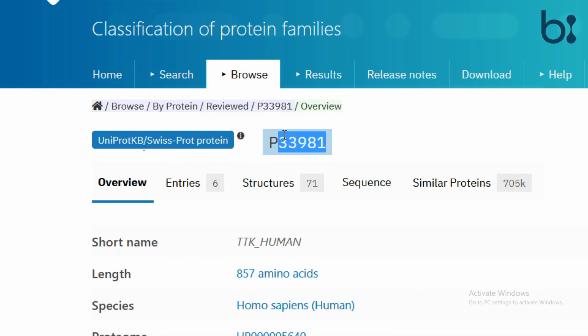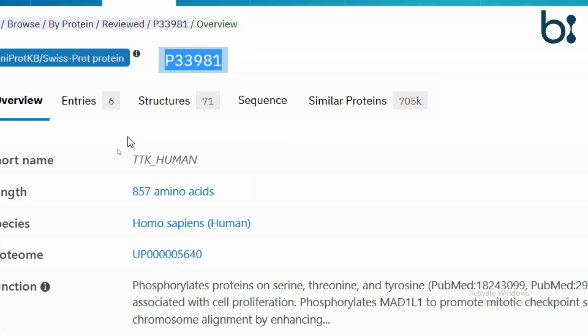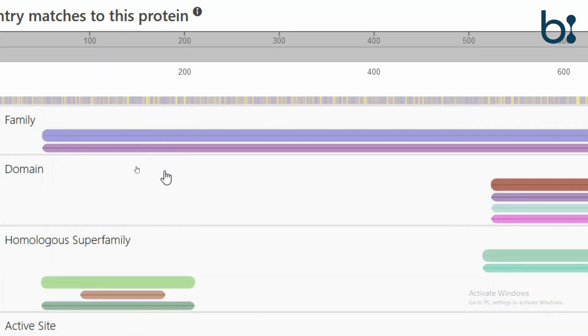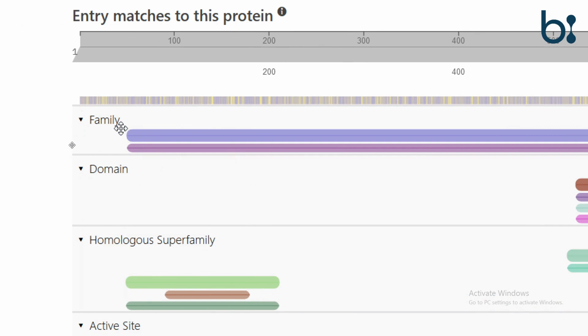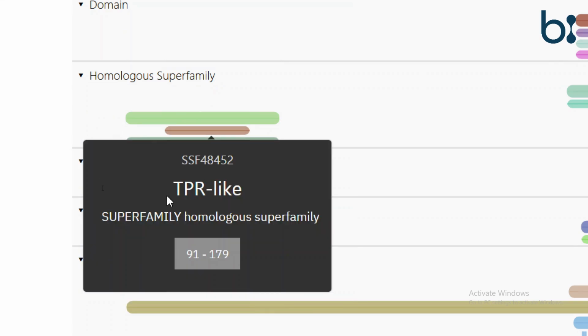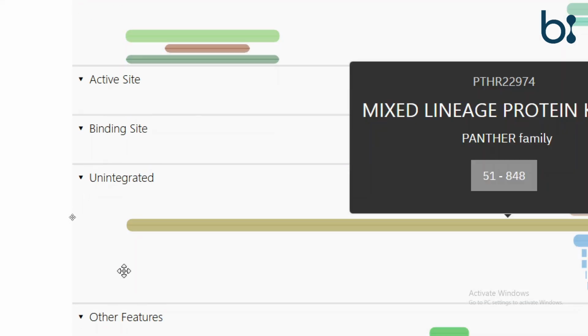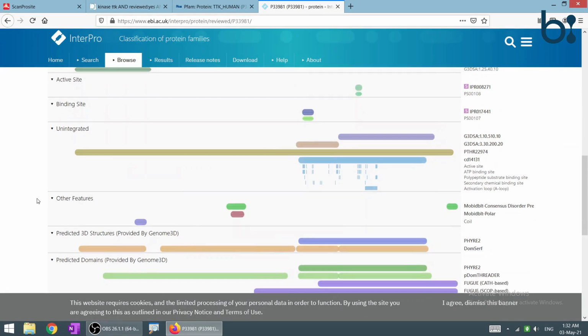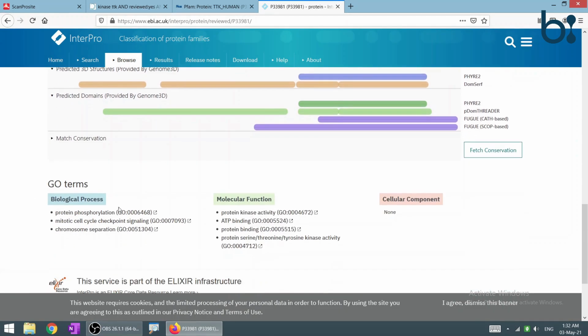This ID is from UniProtKB, as we have copied the kinase ID from UniProtKB. So this is the information about the UniProtKB. We can see the family, domain, homologous superfamily, active site, and other binding sites, and other important information about the kinase protein is given.